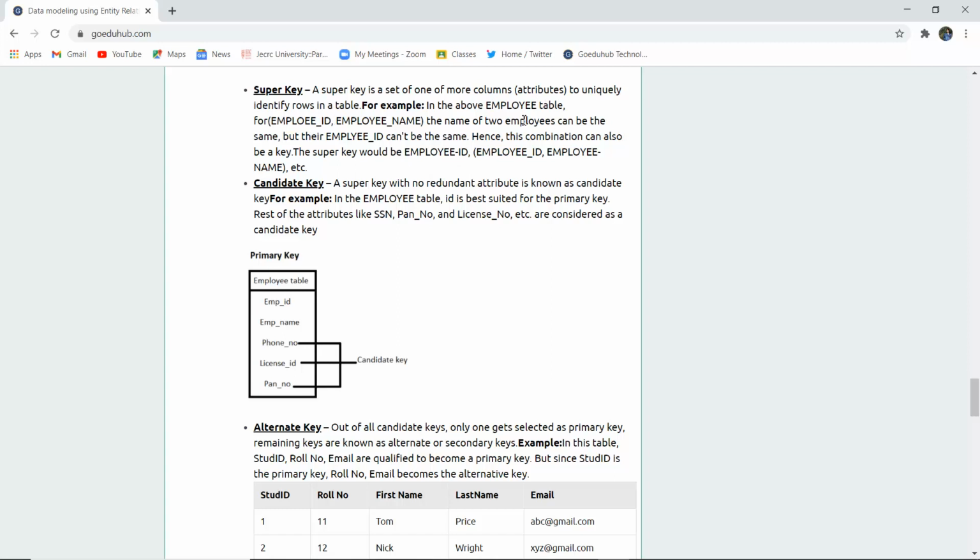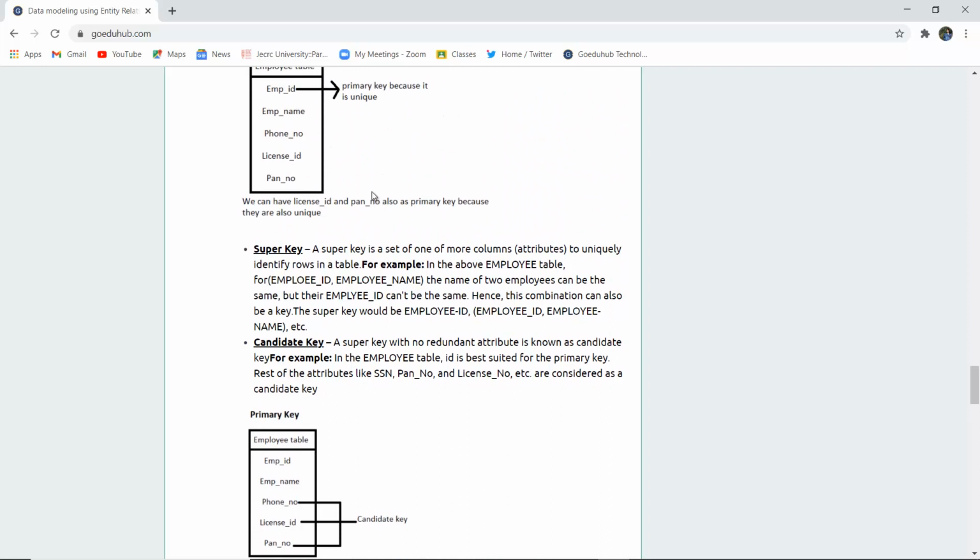For example, in the above employee table which you have seen, the names of two employees can be the same, but their employee IDs cannot be the same. For example, if I have two employees named Aman, the employee name is the same, but the employee ID cannot be the same. Hence, this combination can also be a key. The super key could be employee ID, or a combination of employee ID and name.